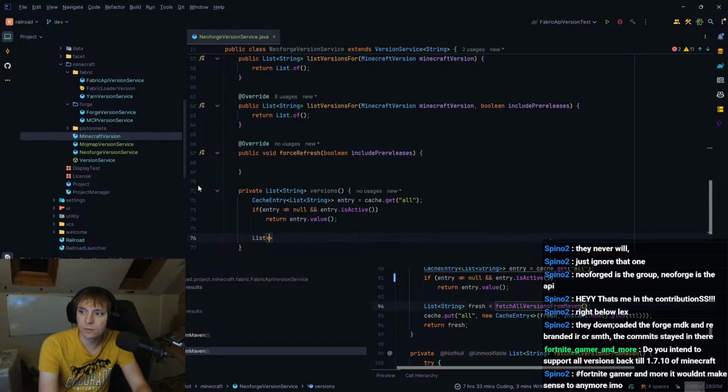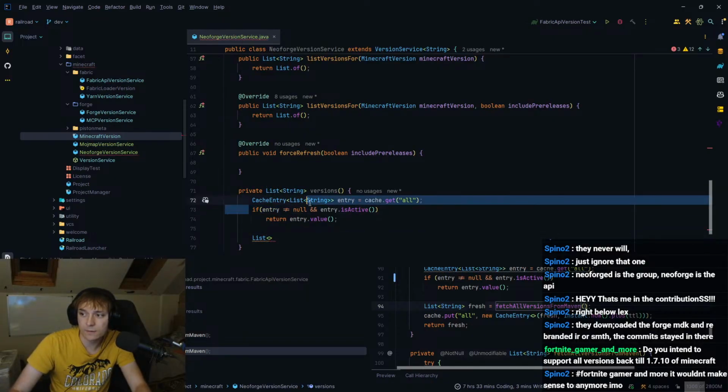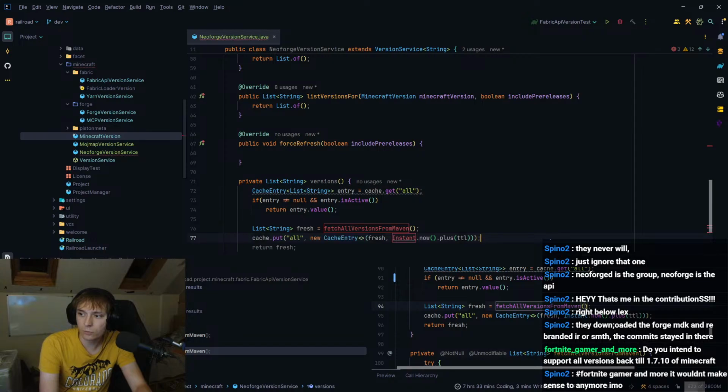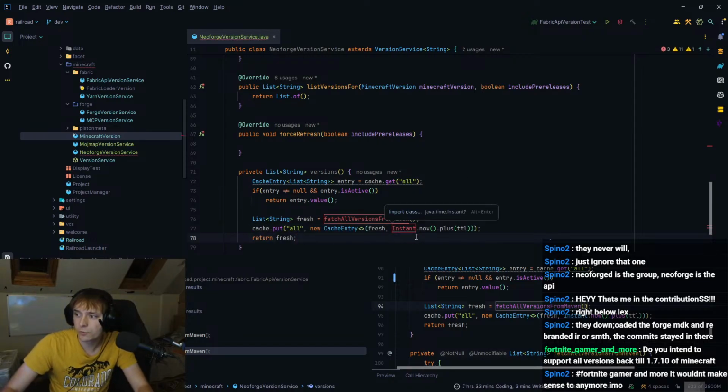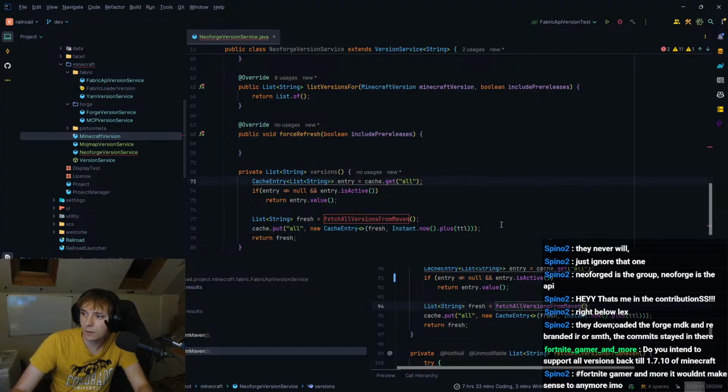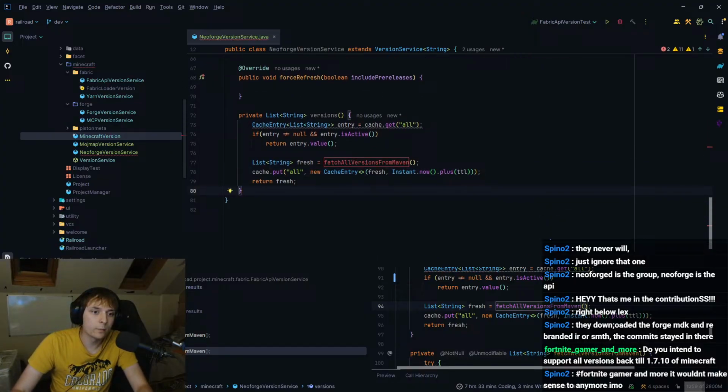Otherwise, if it's null or not active, so it's expired, then we will do list of string fresh equals fetch all versions from Maven. And then I'll just do putAll, return fresh. And let's just make sure this is actually the correct instance. There you go. And then we'll create this method.